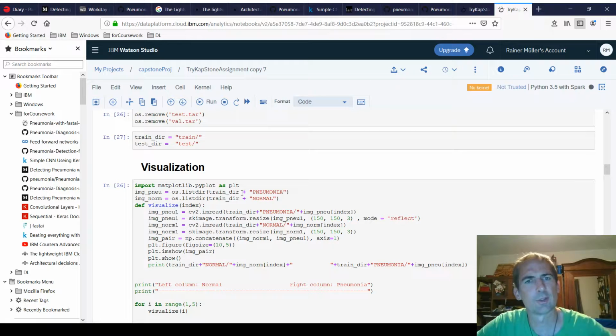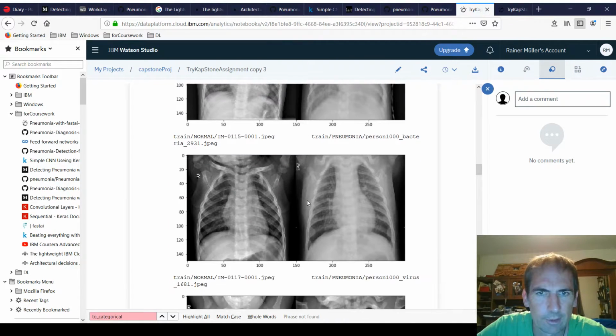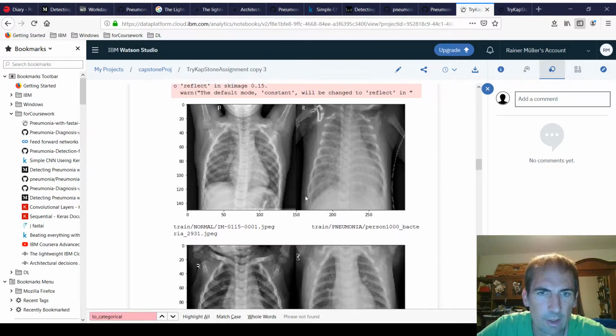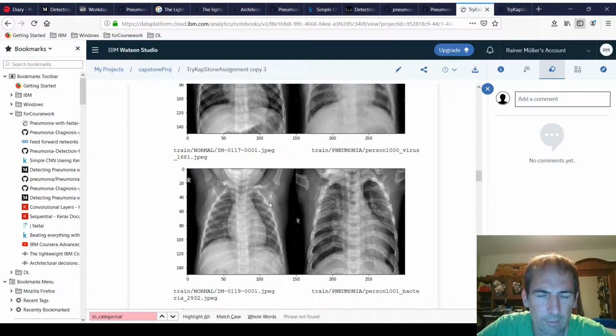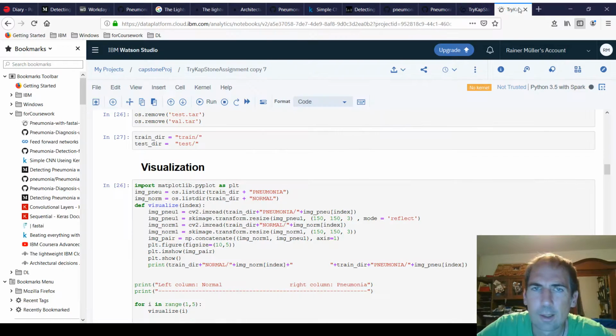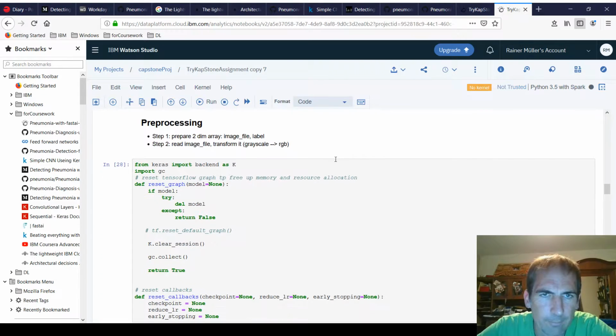And the next thing is we do visualization, which I have done in another notebook because I had some conflicts with the libraries. Here you can see the images. On the left hand side there are the normal images, and on the right hand side the ones with pneumonia. Going back to the other notebook,